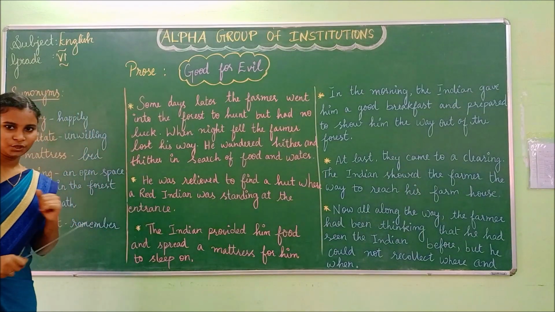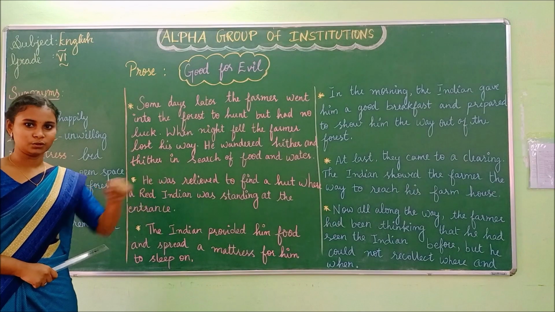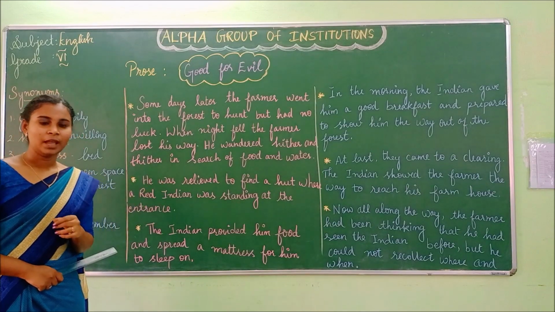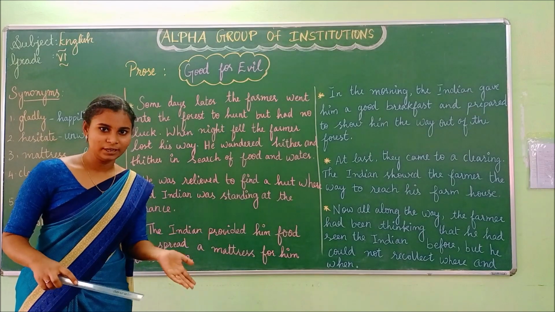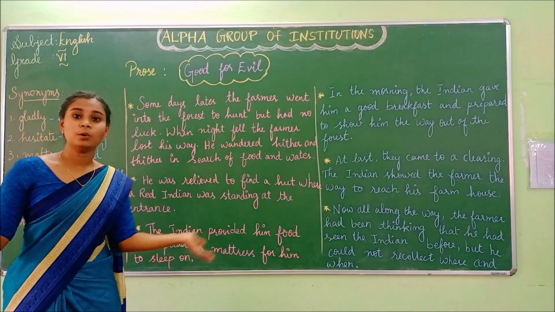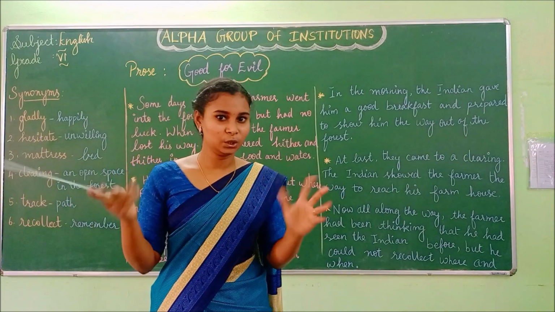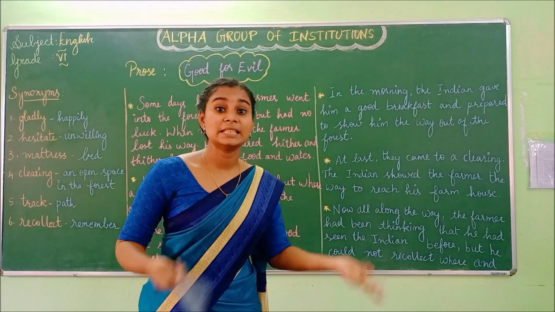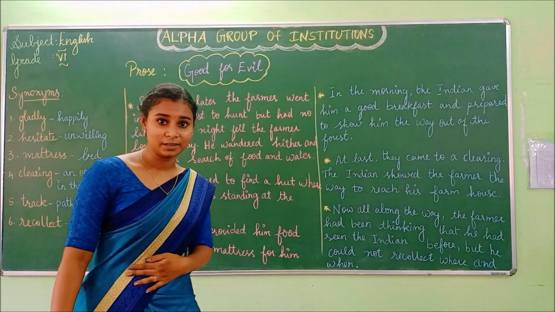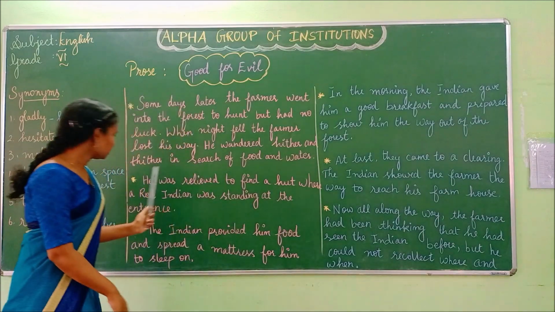So what happens here? This American farmer, one day is going into the forest for hunting. And there he had no luck, he got no food and he lost his way. And what happens next? He was going here and there in search of the way, but he could not find his way. So what happens? He is helpless now and he is so hungry because he didn't get anything to eat in the forest. Okay? Next what happens?